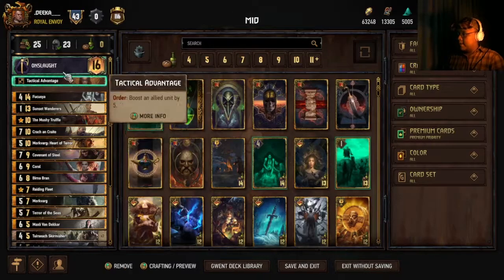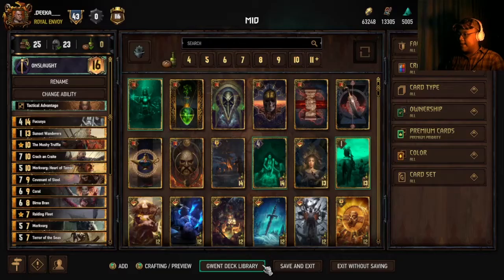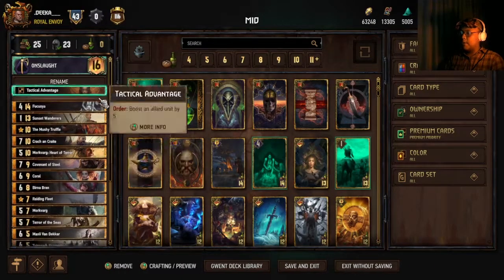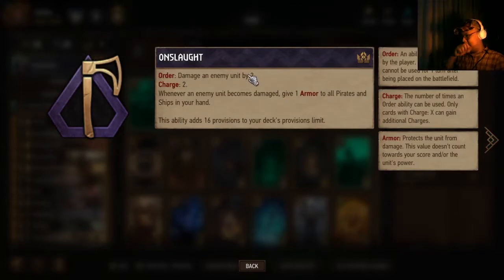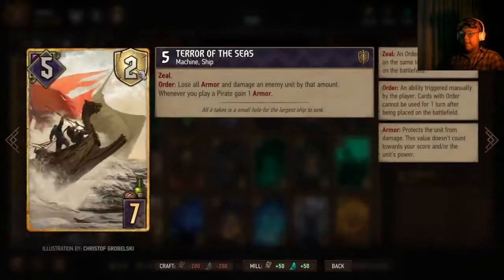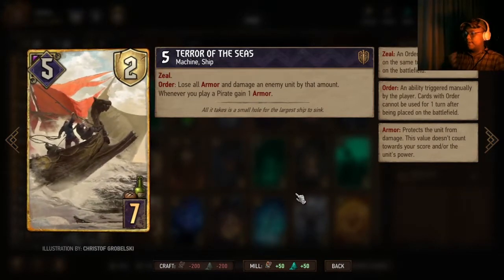Which is, with Onslaught, if you can, here is that whenever an enemy unit becomes damaged, give 1 armor to all pirates and ships in your hand. And Terror of the Seas being a ship means that if we manage to damage an enemy unit and it becomes damaged, then Terror of the Seas will get the armor value, which translates to 1 point of damage when it gets deployed. So yeah,